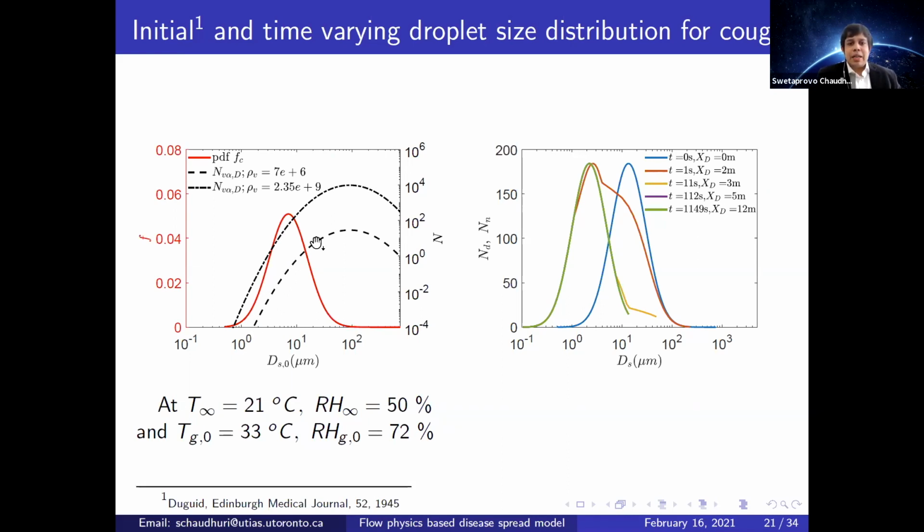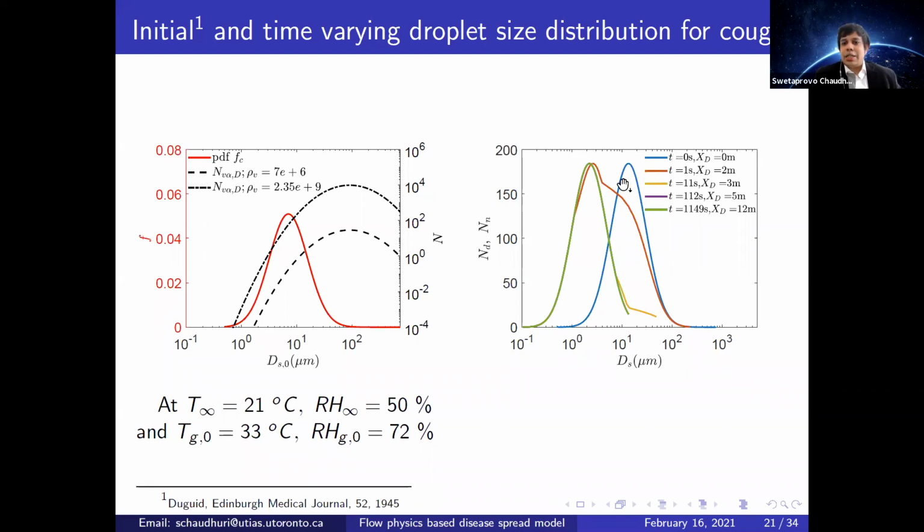Okay, and this is the number of virus particles at those sizes. So this is the initial size, and this is the PDF. Okay, and this is done at these particular conditions: ambient temperature 21 degrees Celsius, relative humidity 50%, and this is the exit state of the gas that is being exhaled. And we can clearly see that this is the histogram of this droplet size,